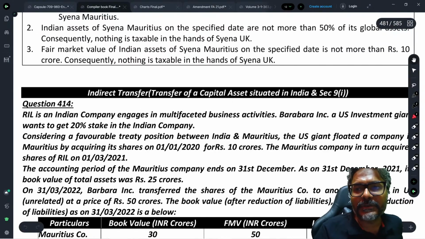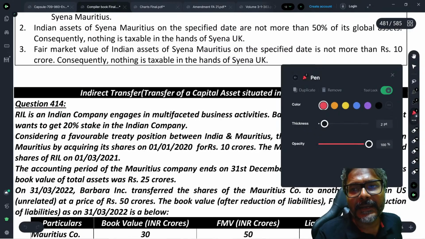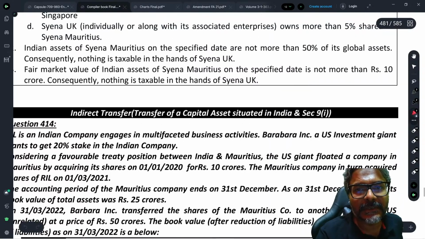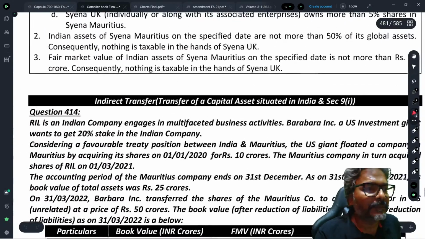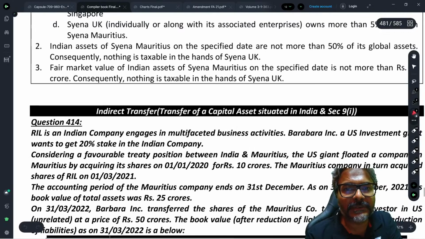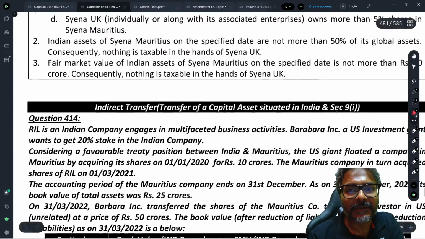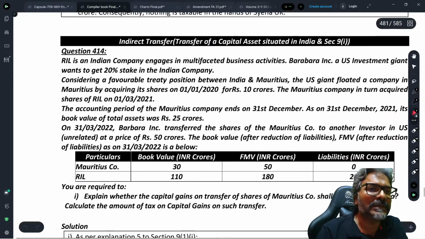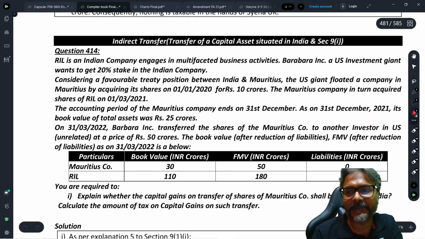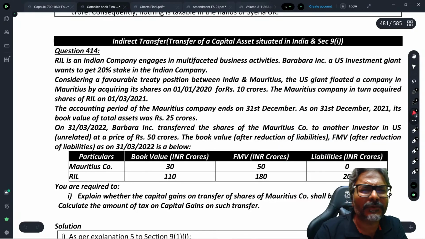This foreign company has transferred the goods to the Indian subsidiary. So if this foreign company has transferred the goods to the Indian subsidiary,